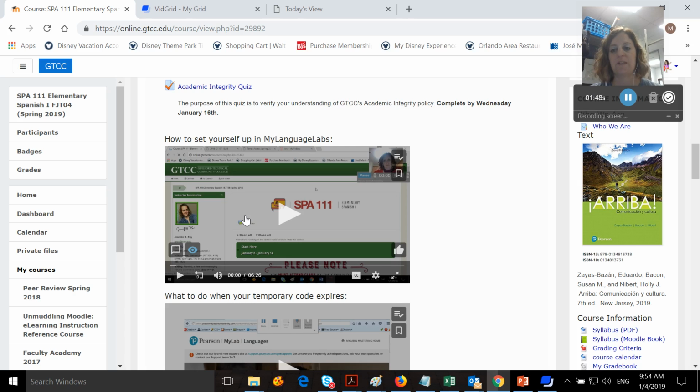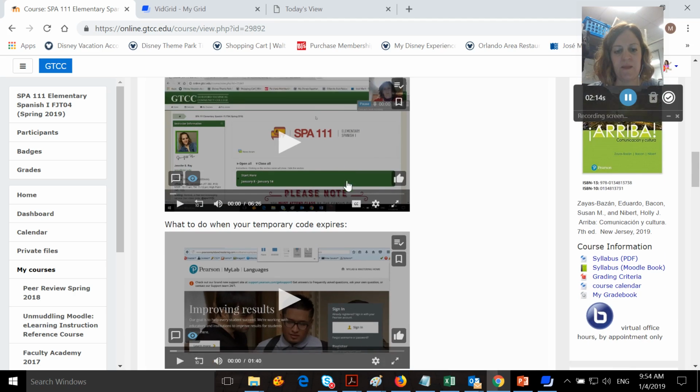If you don't want to buy the text, which looks like this right over here, that's fine. You can use the e-text, and you can put it on a tablet if you want, and I think you might even be able to use it from your phone at this point. So if you choose not to buy it, just make sure you're bringing some sort of way to access your text so that you have it in class if you need it. All right, and then,